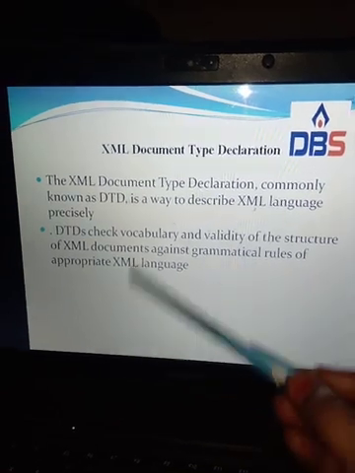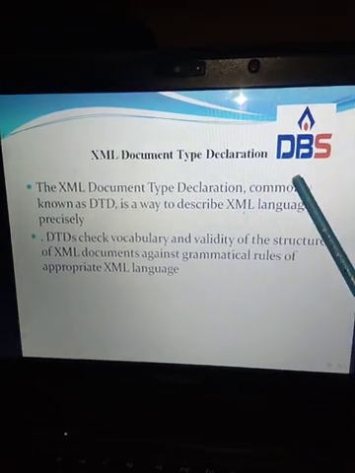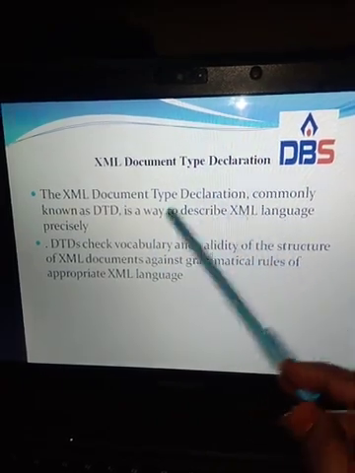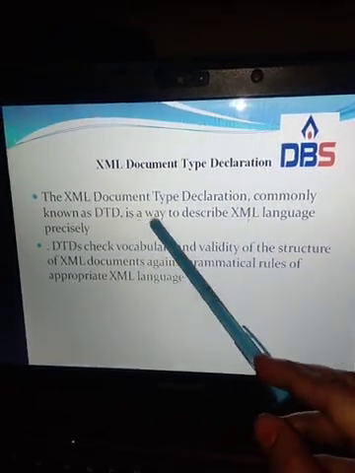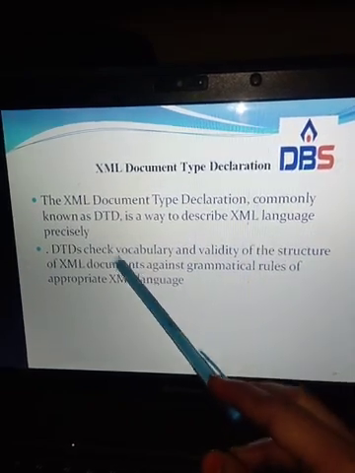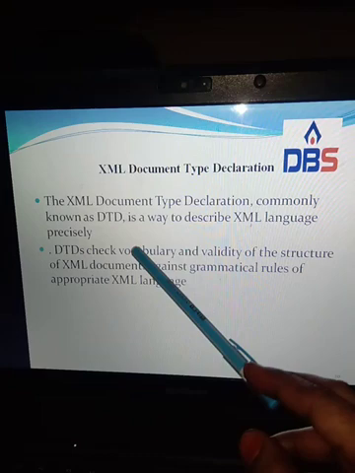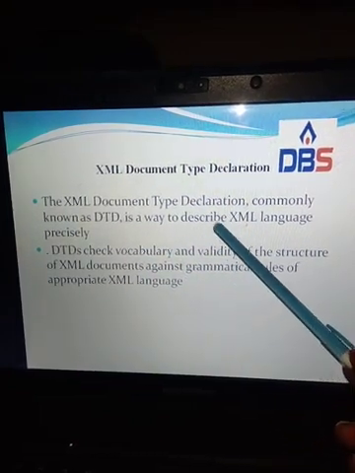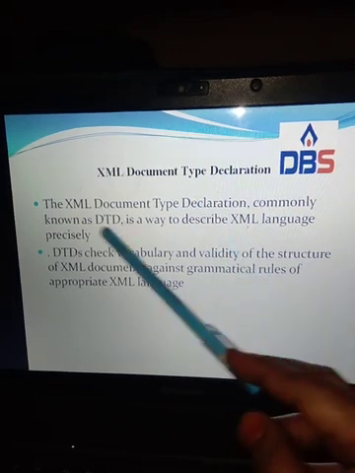Next topic is the XML document type declaration, commonly known as DTD. It is used to describe the XML language precisely, meaning clearly.